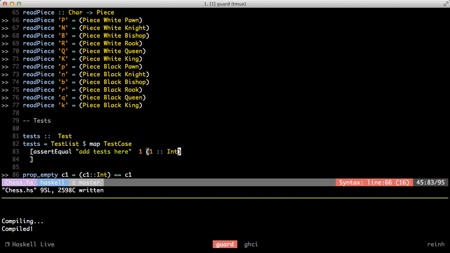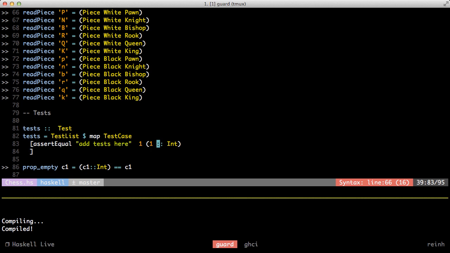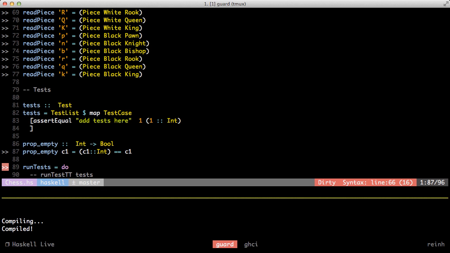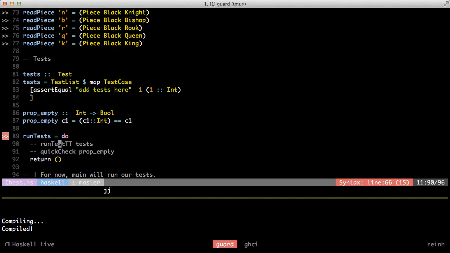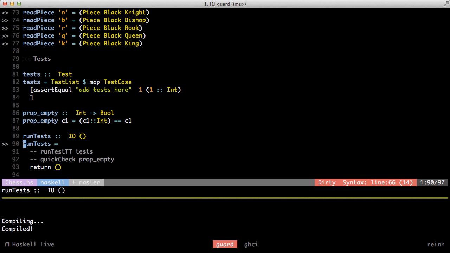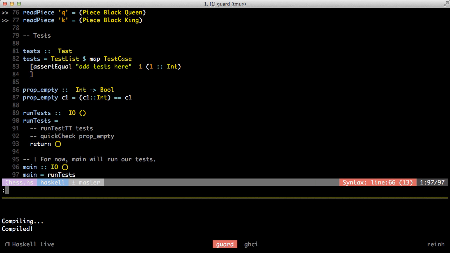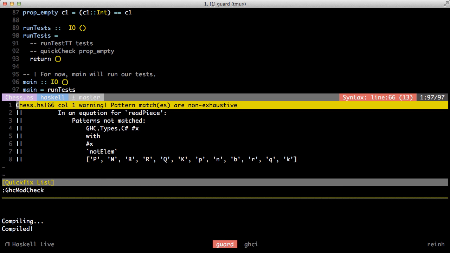So we're going to give the inferer a bit of a hint as to what we mean by giving the one its own type signature. Prop empty needs a type signature. Run test has a redundant do because right now we're just calling return until we turn these tests and QuickChecks on. We'll get rid of that. Then we'll give it a type signature. And that is all of our warnings except for